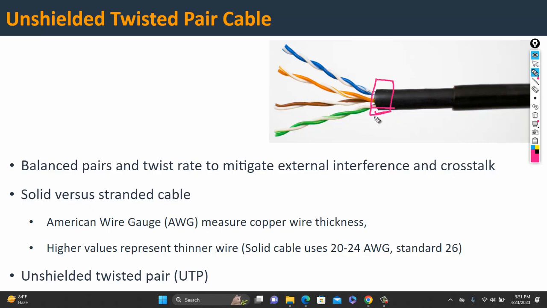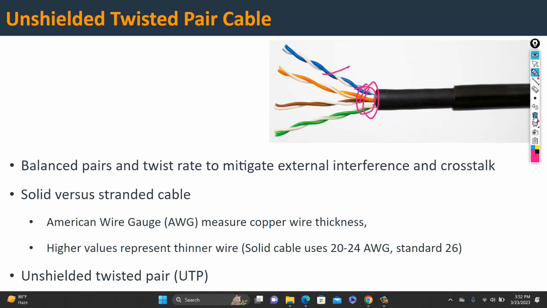You can see this is actually the copper cable. Nowadays it is used. Here you can see it is called twisted pair. Why? Because there is one pair and the pair is twisted, right? So every pair is twisted. That is the reason it is called twisted pair cable. But there is no type of shield. That is the reason it is called unshielded. There is no shield over the copper wire.